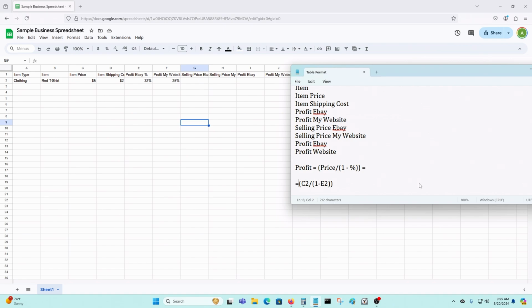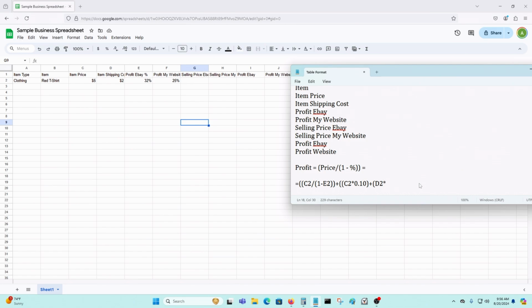Okay. I want to put a parentheses here. Plus, we have some other costs like we didn't add the sales tax. So sales tax is C2 times, I guess it's 10%, 0.10. Parentheses here. Plus the shipping cost is D2